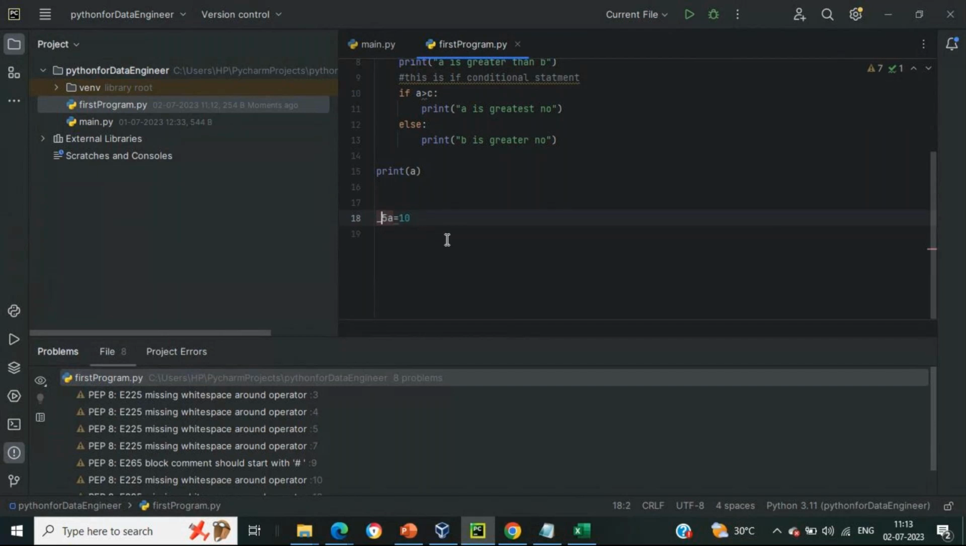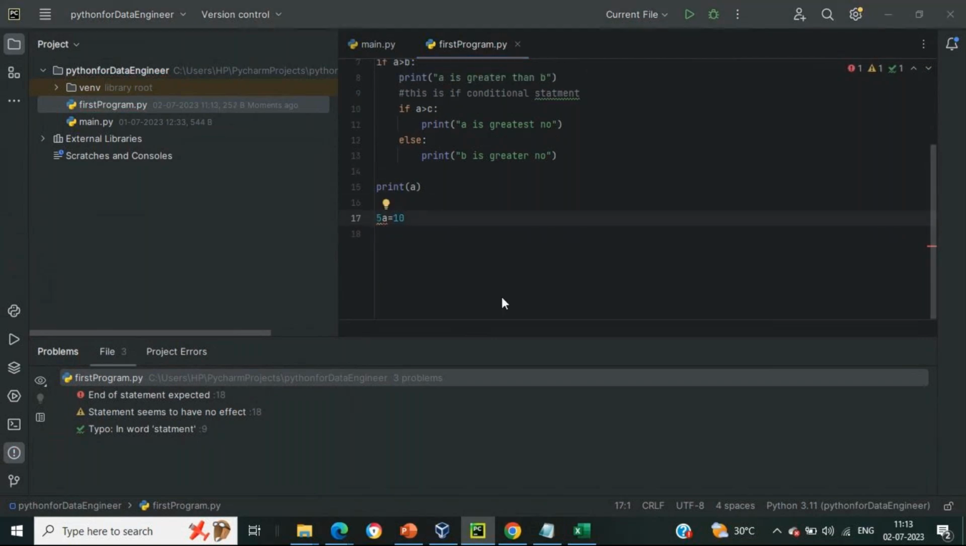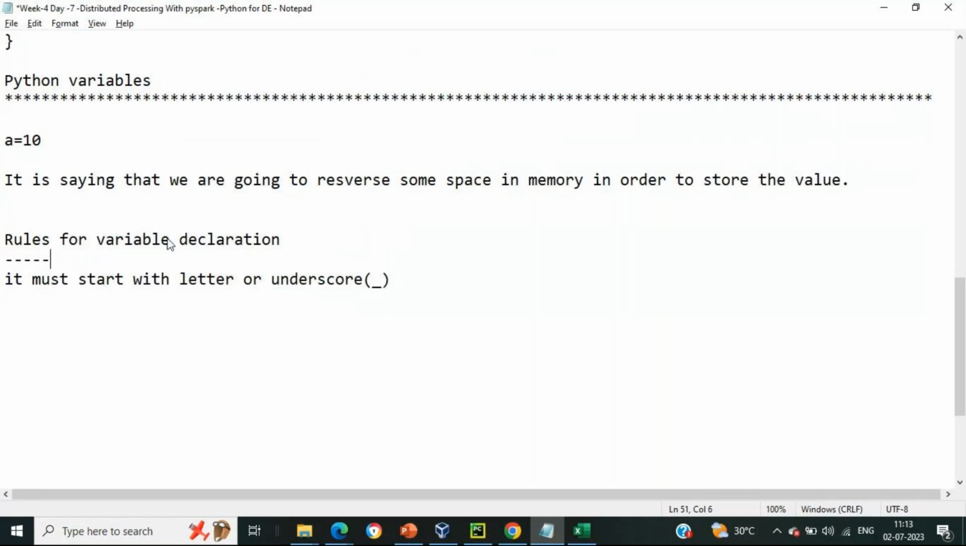If you mention, say, a5, then also it is going to take this particular variable. But once we use, say, 5a, it shows the error. This is not the right way of defining the variable. So this is the first rule in order to declare a variable. Rule number one is saying you must start with a letter or underscore. Then it must not start with a number. Okay. Then